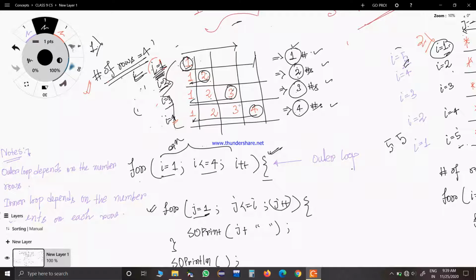So when you find this kind of pattern between I and the ending value for each row, and it is very easy to spot, then for sure you have considered the right starting value for I. Okay, so this I equal to 1 is now very useful. First of all, you solve the problem of how many numbers will be there, and second, you also find a pattern between the ending number for each row and the value of I. So now it is for sure that I equal to 1 to 4 is the correct answer for the outer loop.